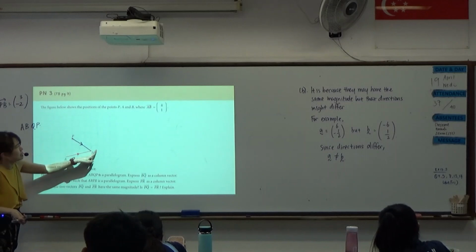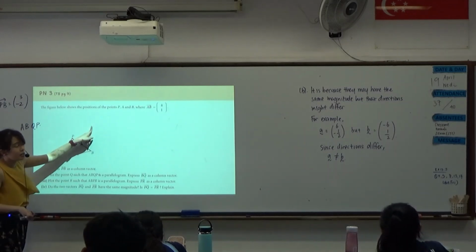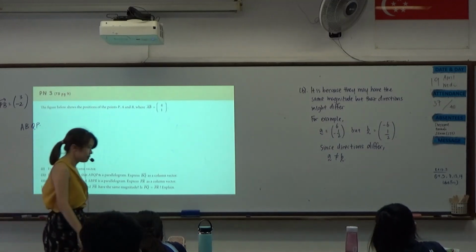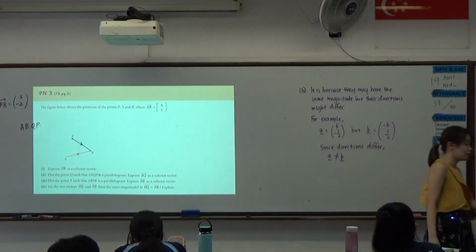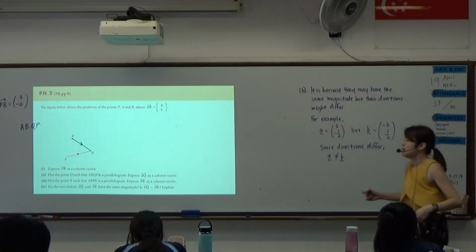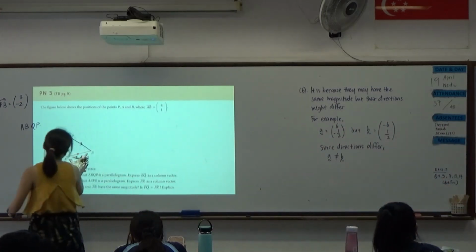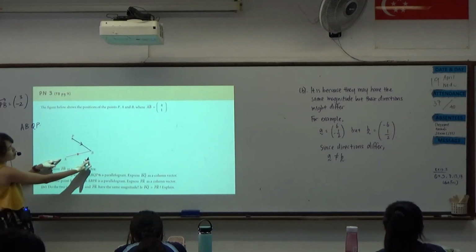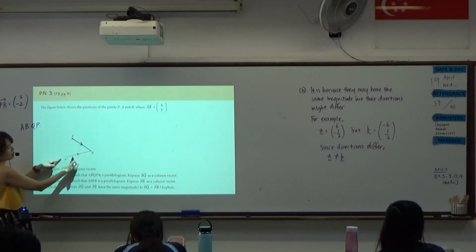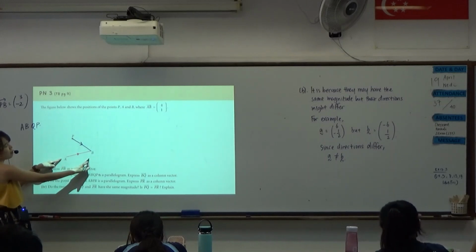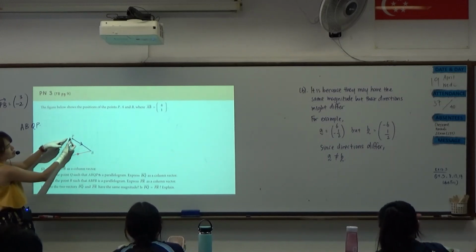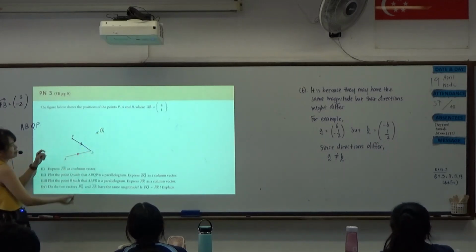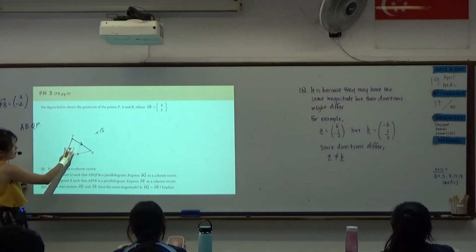So A, B, Q will have to be somewhere around here, then going to P. So drawing my parallelogram, I will need to have parallel lines. And in this case, AB must be parallel to QP. So we follow how many units is going to the right and to the top. So 4 units right, 1 unit up. So from P, 4 units right, 1 unit up. So your Q will have to be over here in order to form a parallelogram